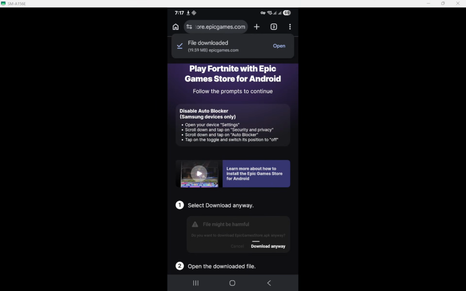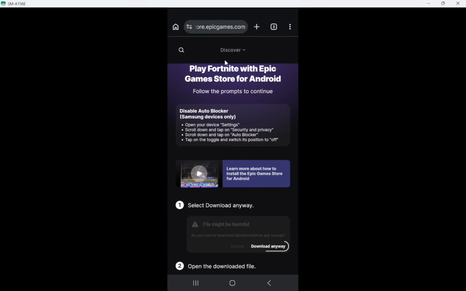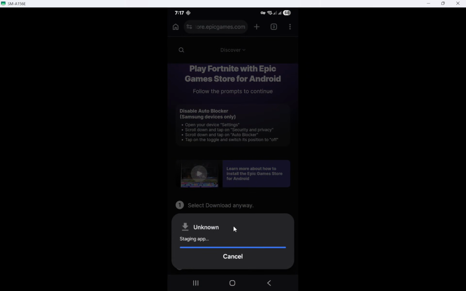After the installation completes, Fortnite will be ready to launch from your apps. From here, you can open it and sign in to your existing account or get set up so you're ready to play. That's it. Fortnite can be installed through the Epic Games Store app on Android devices directly from Epic.